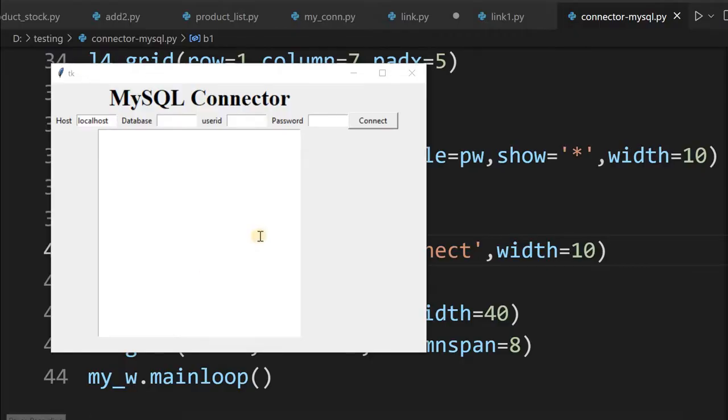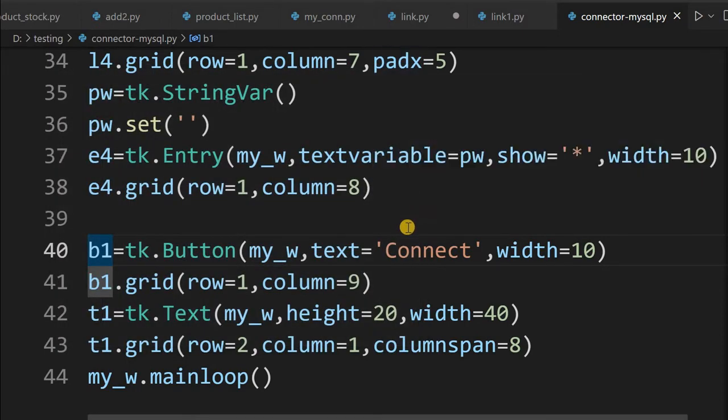We have not written any connection part of it. This is the blank window, only the design where we have placed our labels and the inputs, these are the entry boxes. So the label, entry, and the button are here. You can see that there is no other connection, and we'll focus more on how to connect and develop the error message rather than the design part of it.